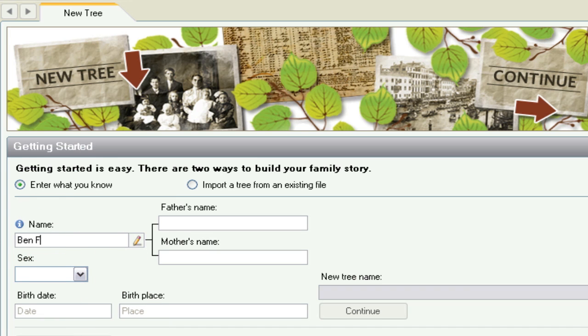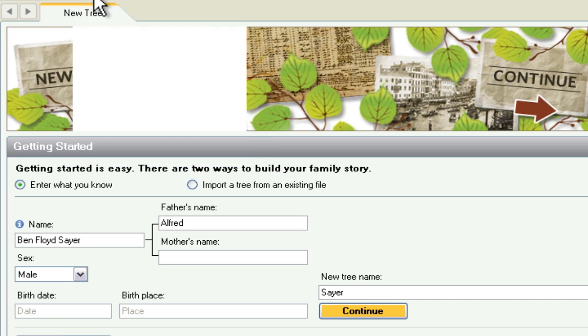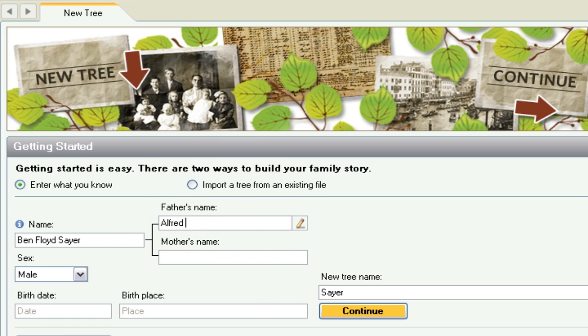I'm just going to enter in some information to get us started. So my name and my gender is male. I'll go ahead and type in the screen flashed there telling me all kinds of things have happened in the background. I probably don't need to enter in my father and mother's name in order to get this tools. Oh, maybe I do. So let's go ahead and enter this stuff in. And my mother,